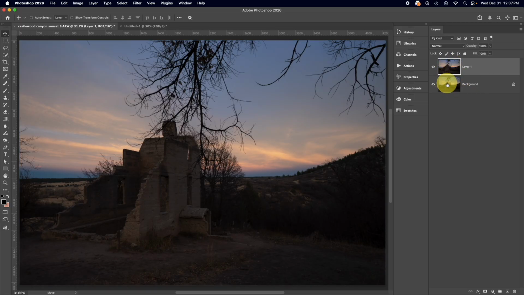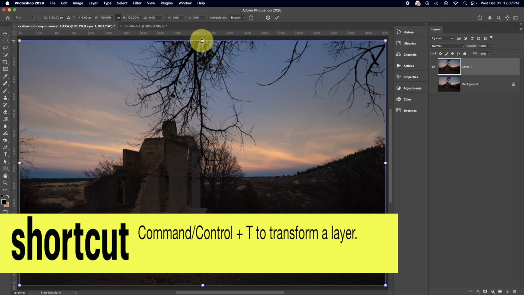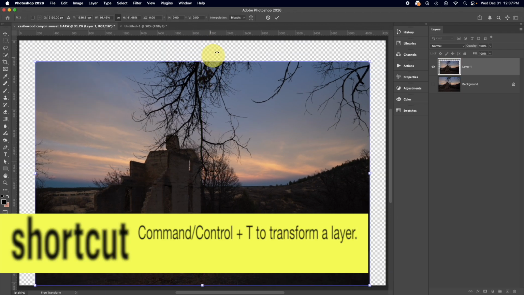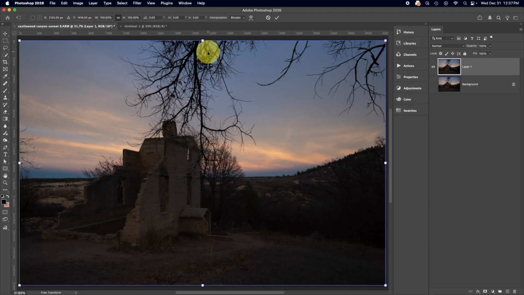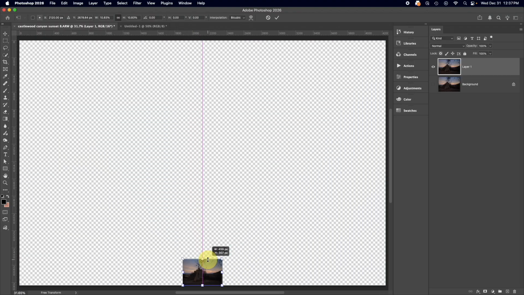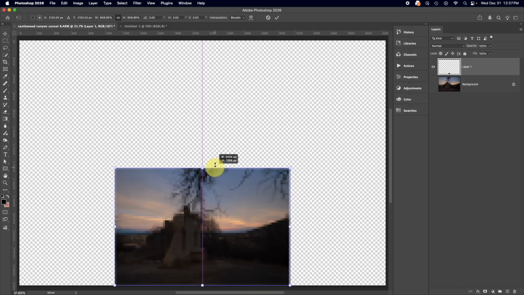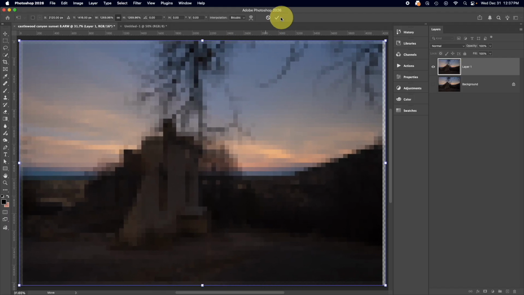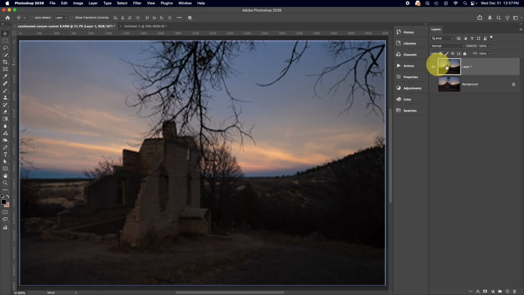I'm going to turn off seeing the background layer. I'm only seeing this layer. And now I'm going to resize it. Command or Control T. And what I'm going to do is, actually, let's not deform it like that. I'm going to just bring this in, make it really small. I'm going to confirm. When you shrink the size of a pixel layer in Photoshop and confirm it, it throws away any unnecessary pixels. But now if I come to bring this back and I confirm, it's incredibly pixelated, and